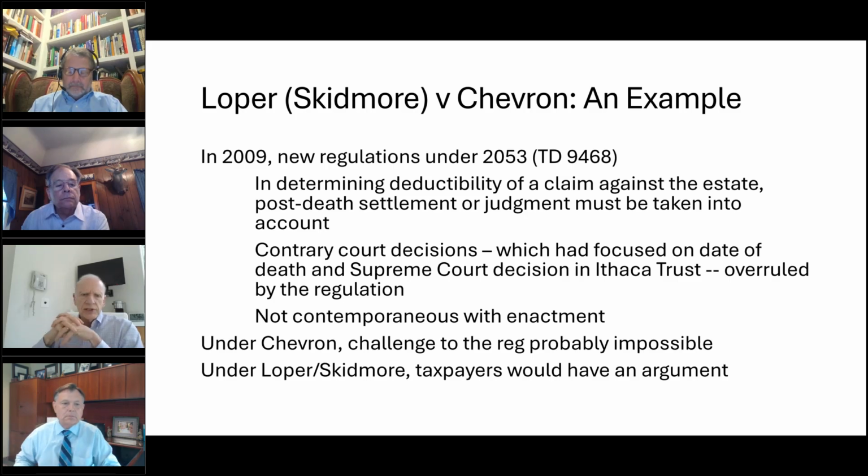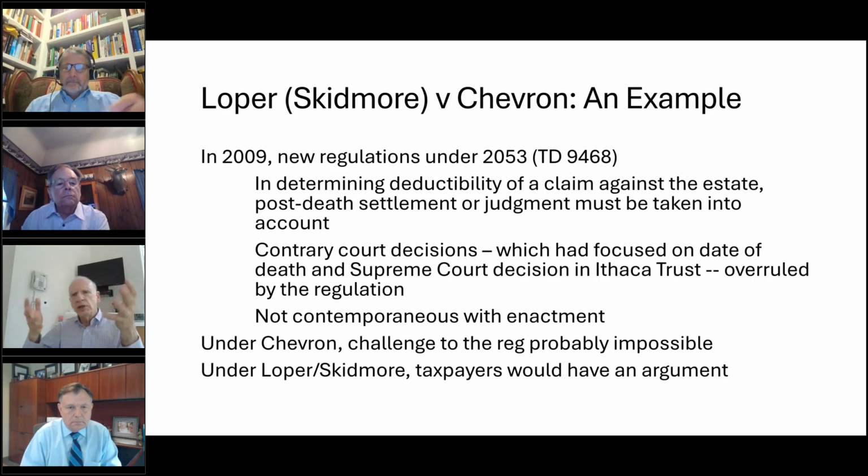And essentially what they said is, let's say I die and there's a claim against my estate. Can my executor take a deduction for that claim? Well, let's assume the claim at the time of my death was for $100 million, just to make up a crazy number, right? And then it's settled for $10 some years later. Can you take the deduction for $100 million, or are you limited by the amount you actually settled it for, $10?